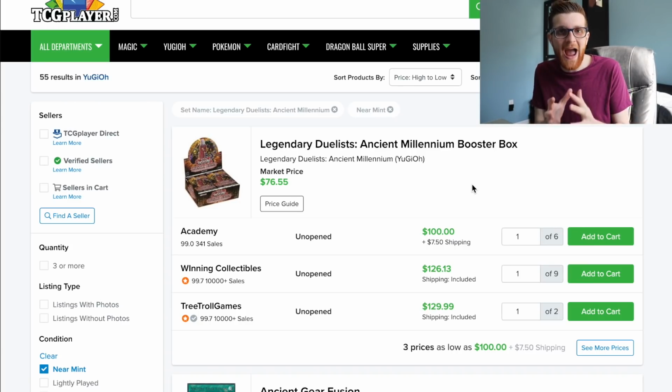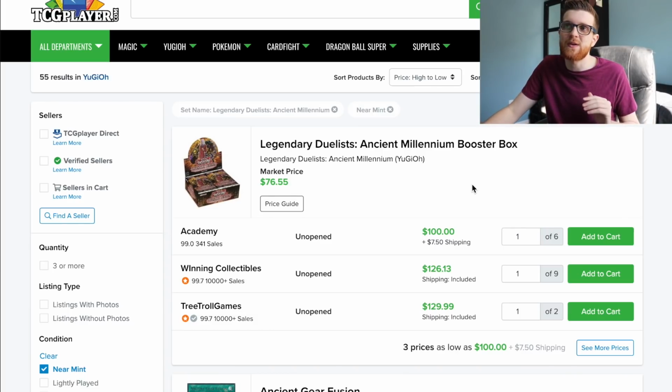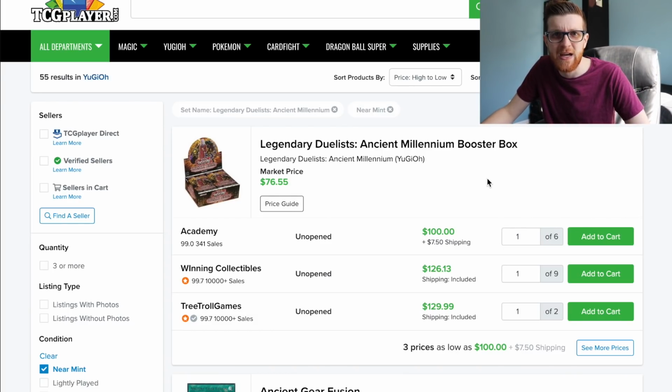I feel like if you have that competitive card or the competitive cards or just some sort of competitive reprints even as well, then you're appealing to the casual, the collector, but you're also not leaving out the competitive player as well, and that way it's a set that everyone can look forward to. And I felt that Legendary Duelist Ancient Millennium did the best job at this, and as you can see, these